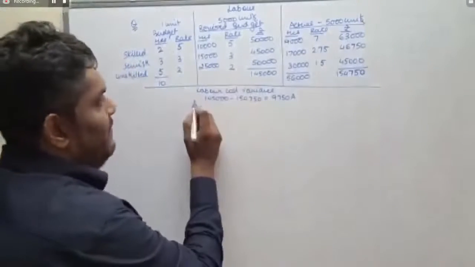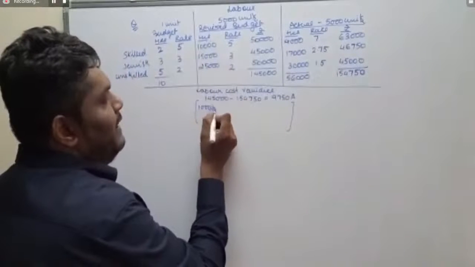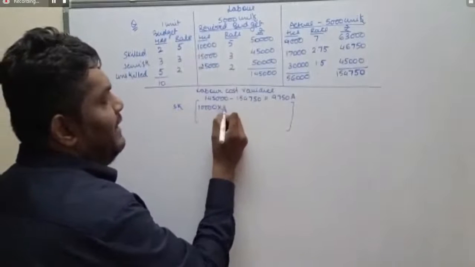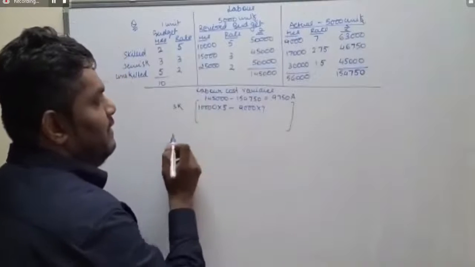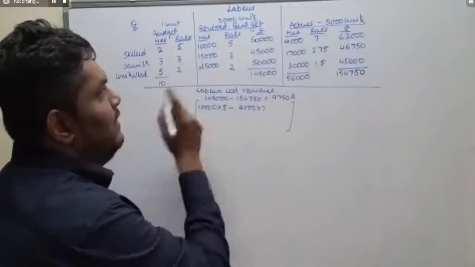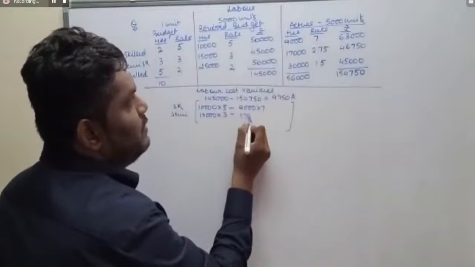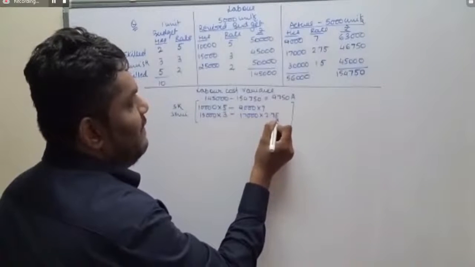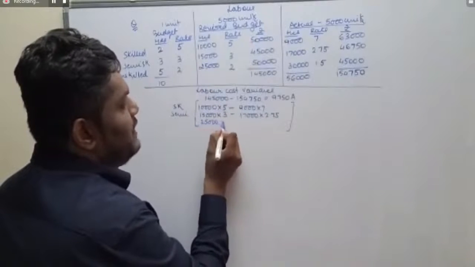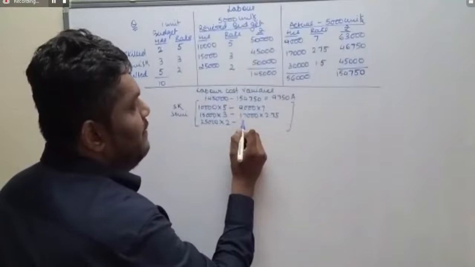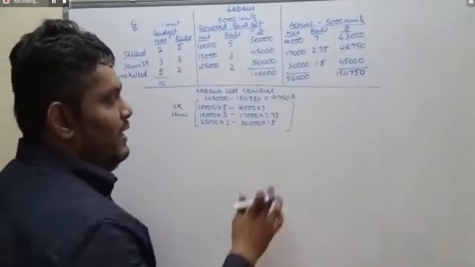Now, it can be further explained like this: a total of 10,000 hours are to be paid for skilled at the rate 5, but however we paid for 9,000 hours at the rate 7. For semi-skilled, 15,000 hours are to be paid at the rate of 3. We paid 17,000 hours at the rate 2.75. Similarly, 25,000 hours were supposed to be paid at the rate 2. We paid for 30,000 hours at the rate 1.5. So in aggregate,